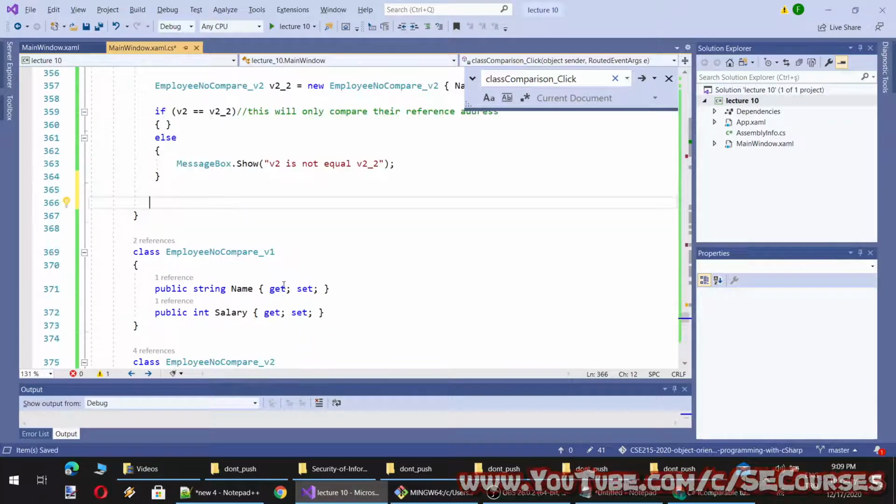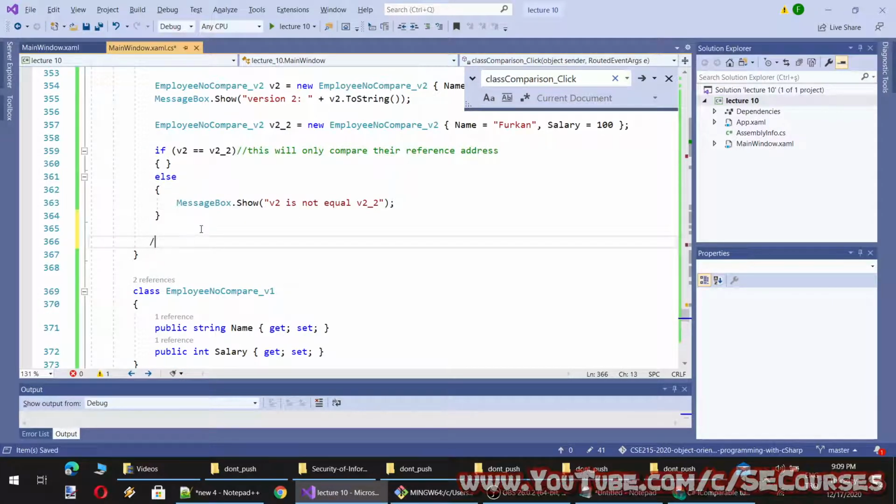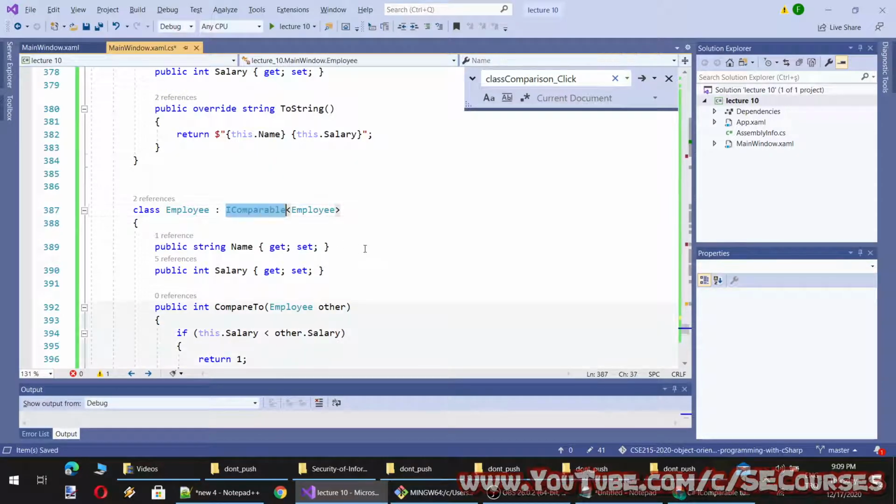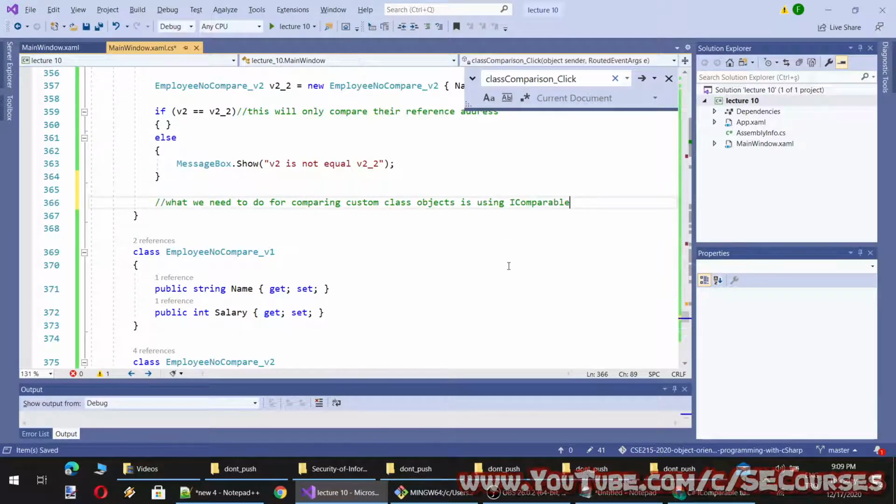So then what we need to do for comparing custom class objects is use the IComparable interface.